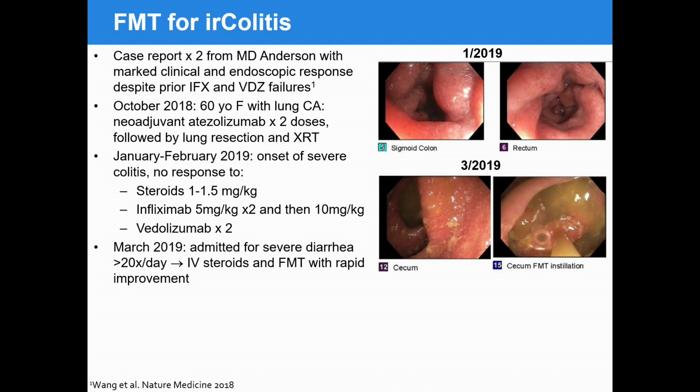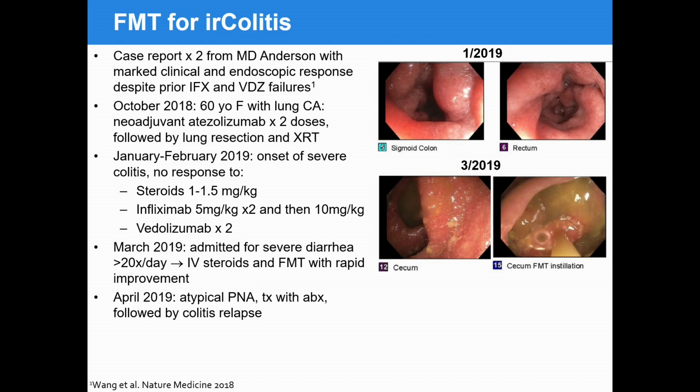And at this point, she actually had a rapid symptomatic improvement. We were able to taper her off of steroids. Unfortunately, the next month she developed a pneumonia, probably related to all the drugs that we slammed her with to suppress her immune system, was treated with antibiotics, but did better, and her colitis relapsed.